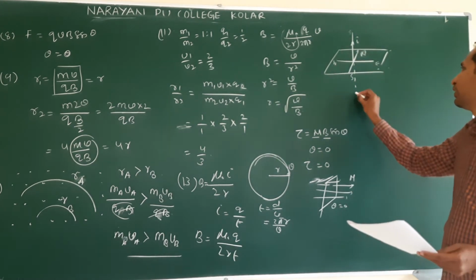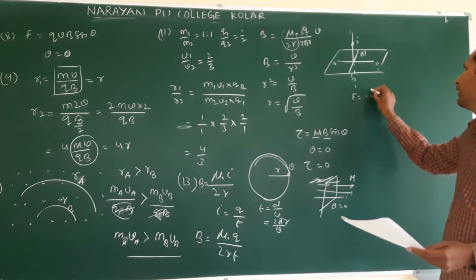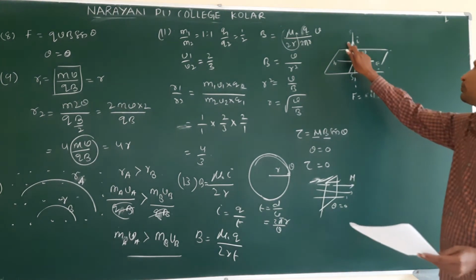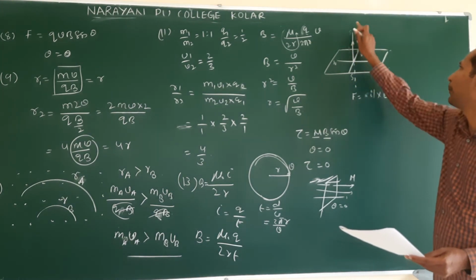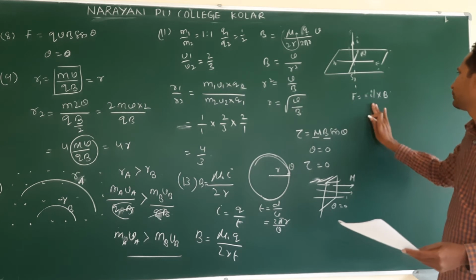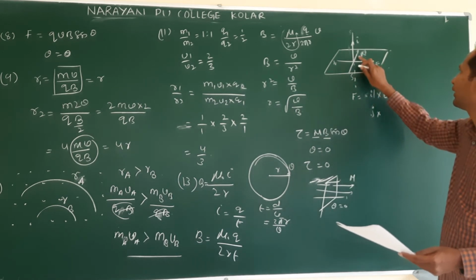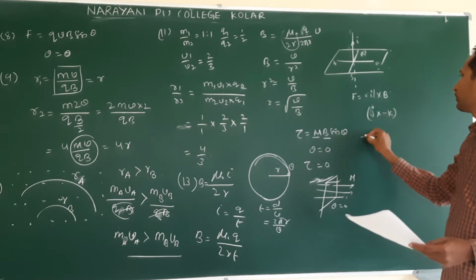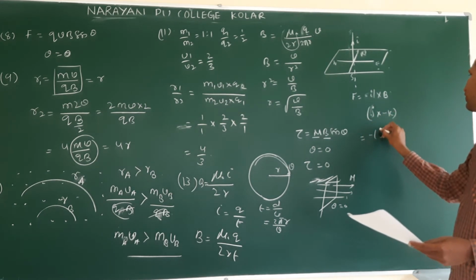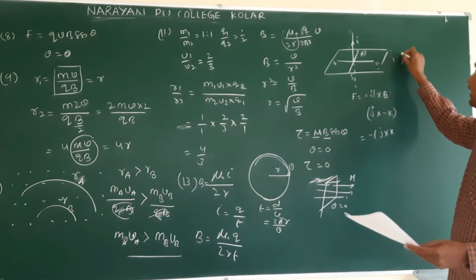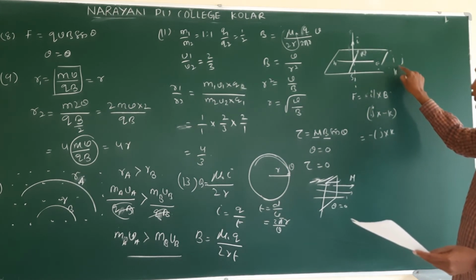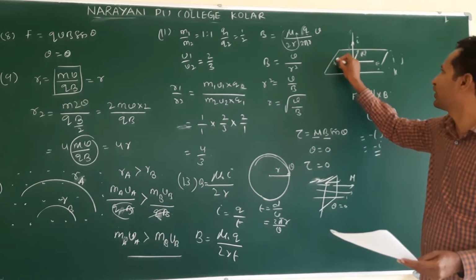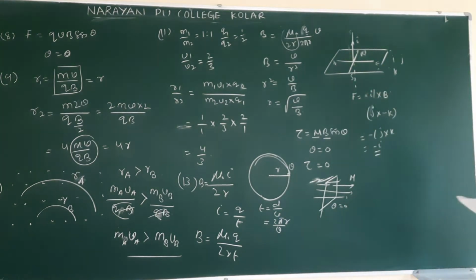What is the force formula? For a current carrying conductor, IL cross B. The IL direction, if you take it up, is J cross. What is the B? Moving into the plane, that is minus K. So this is minus J cross K. I J K. If you go from J to K, what do you get? I. So minus I. Minus I means what? In direction west. So the answer is west.